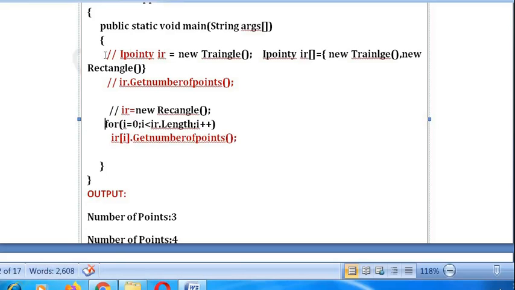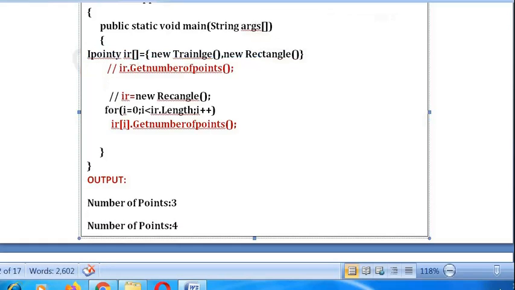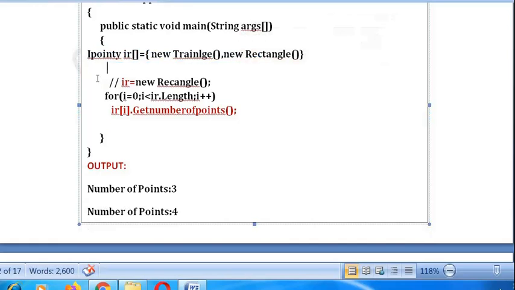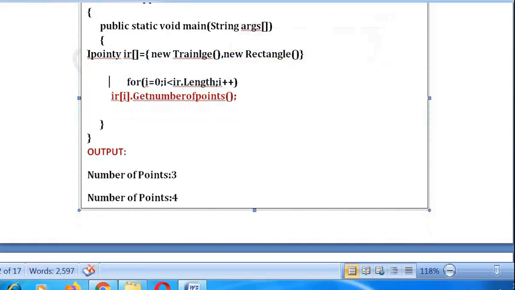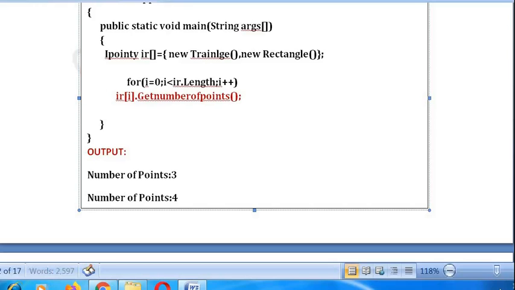So now you can see, I'll remove this completely. We created an interface reference array IR. In that we stored two objects, Rectangle and Triangle. So we are calling those members.